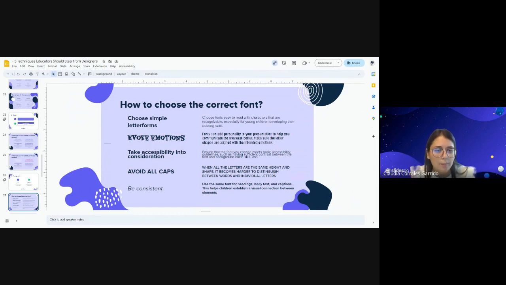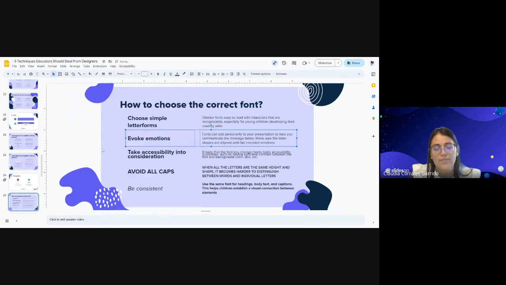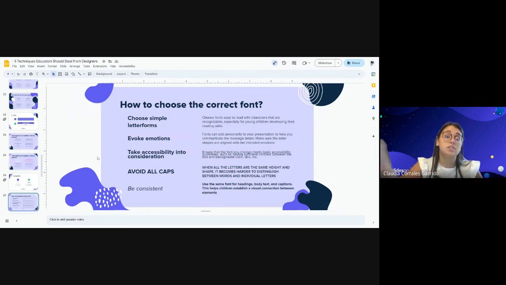So this one is perhaps great for a Halloween presentation or a Halloween party invitation, right? You're gonna read it in a smaller format and not in class. And this one is perhaps more fun, but since it has a lot of contrast between characters, it will be hard to read in the middle of the classroom. So let's go ahead and change this to a more accessible font, which takes us to the third point, which